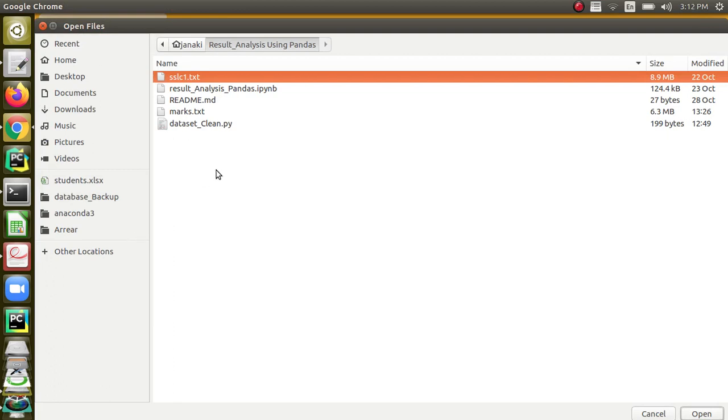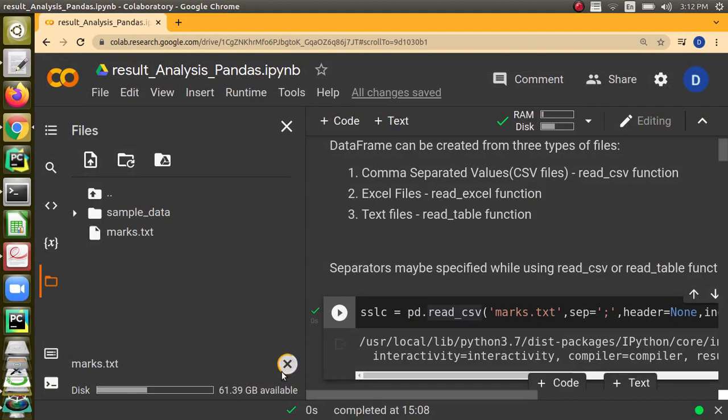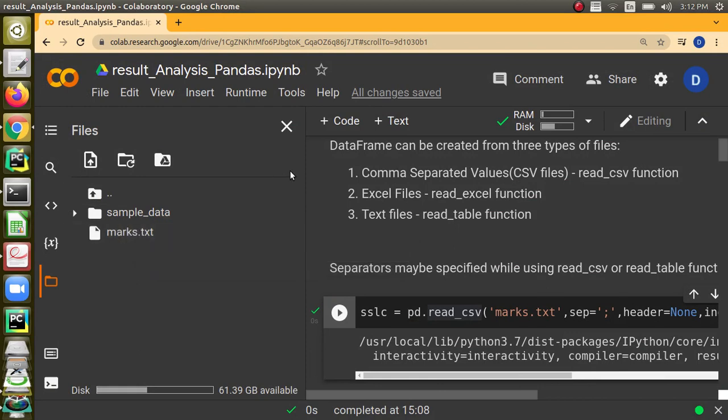We can browse and go to the location where marks.txt is available. I will share it in the GitHub. You take it and put it in a particular location in your machine, and then click on this and give open. Actually I have already uploaded it, so I need not upload it again. Then after you successfully upload, you must be able to see marks.txt here.